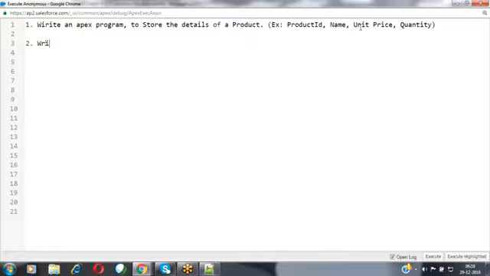The next one: write an Apex program to calculate the total and average marks of a student for the 5 subjects.